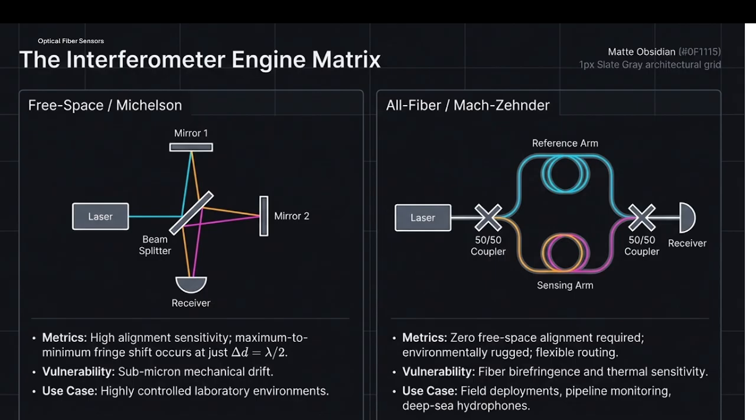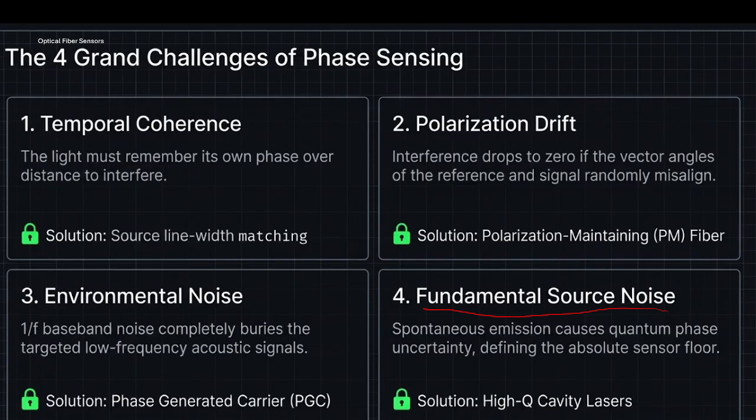but because we are using fiber, it will have thermal sensitivity and fiber birefringence issues. But it can be used for pipeline monitoring and deep sea hydrophones. Also we discuss the challenges associated with phase sensing: temporal coherence, polarization drift, environmental noise, fundamental source